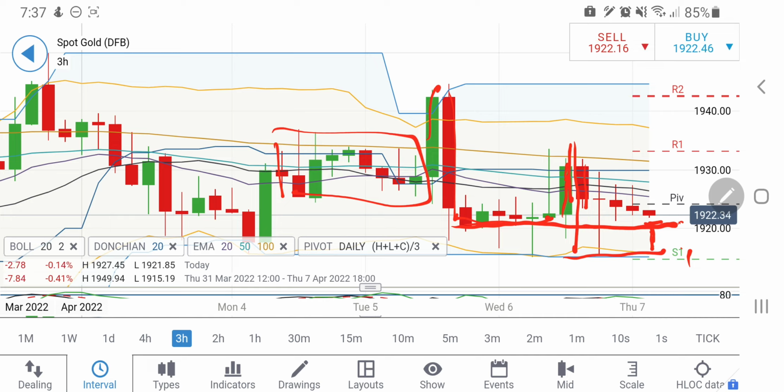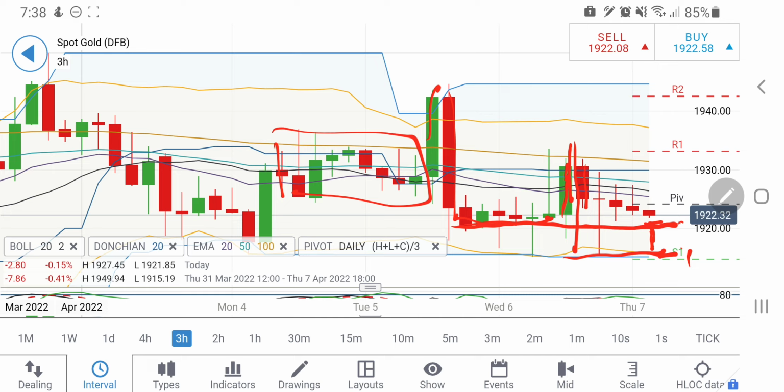Beyond that, definitely one can remain long and one can expect it to rise. So in fact, if you see it at 1915, probably we can try to initiate a long entry there also, and again expect it to head towards the 1928, 1930 zone. So yes, it can try to swing.